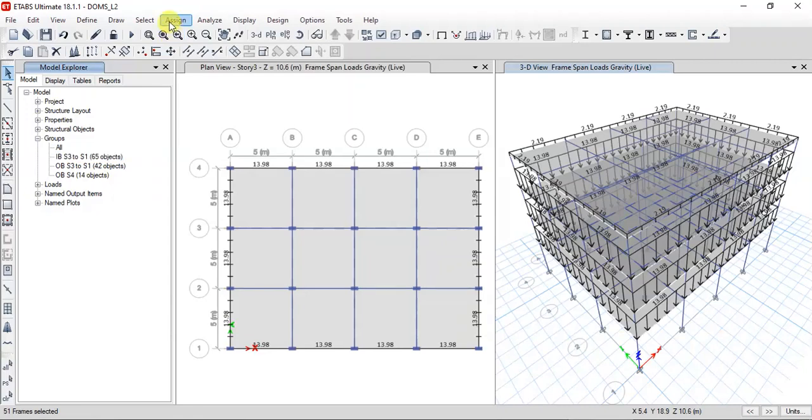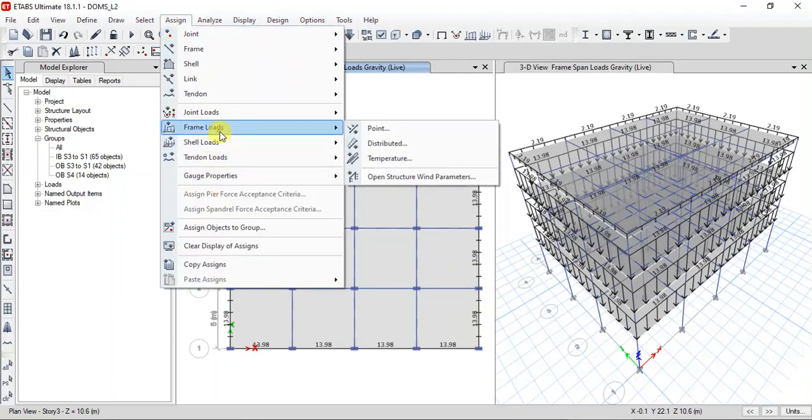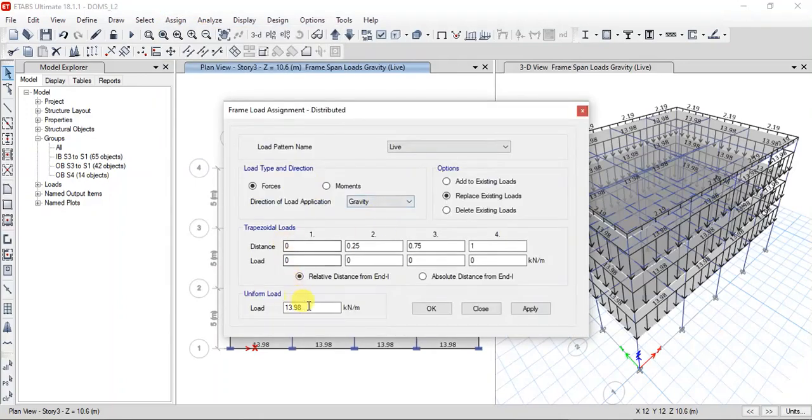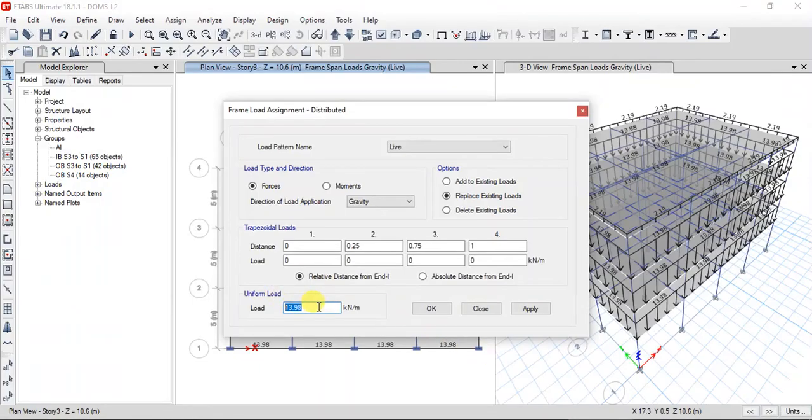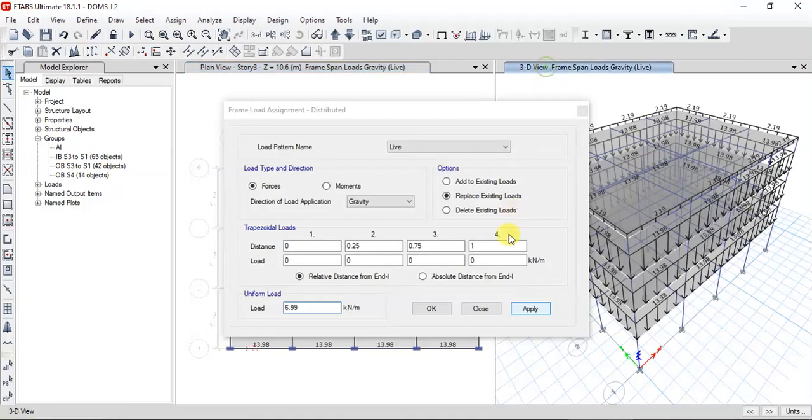Now for this, go to assign, then frame load, distributed load, and the load which is acting due to the inner wall is 6.99. You can type it here, click apply, and click OK.